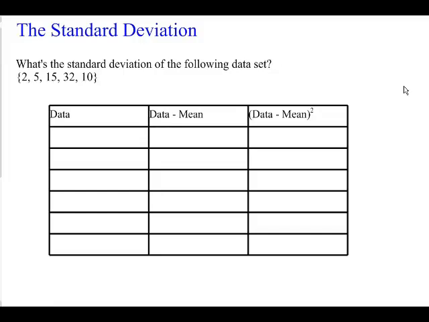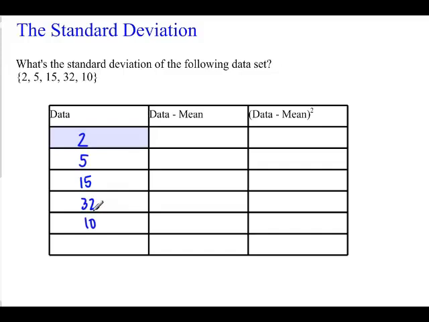When calculating the standard deviation by hand, it's always a good idea to stay organized. And one way to do that is by using a chart similar to the one on the screen. There are 3 columns to this chart. In the first column, we'll put our data. And the data doesn't have to be in any particular order. So we'll just write it down in the same order